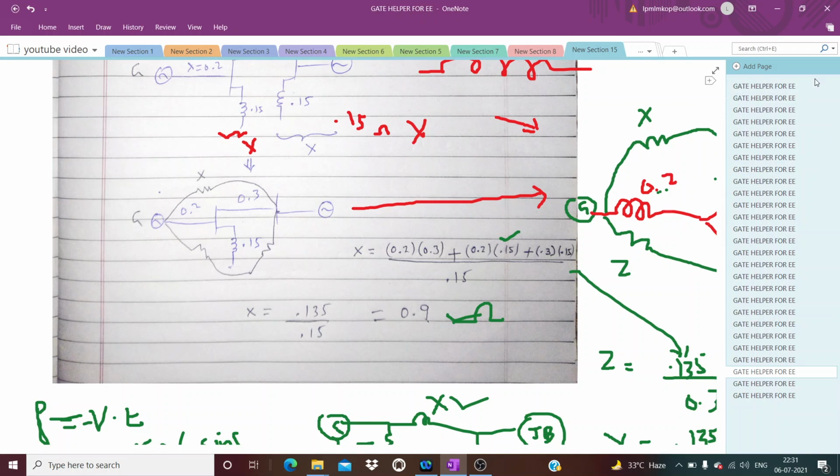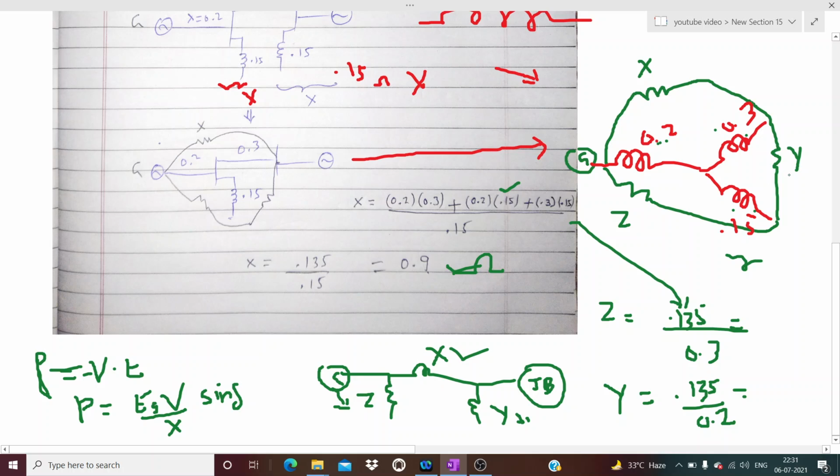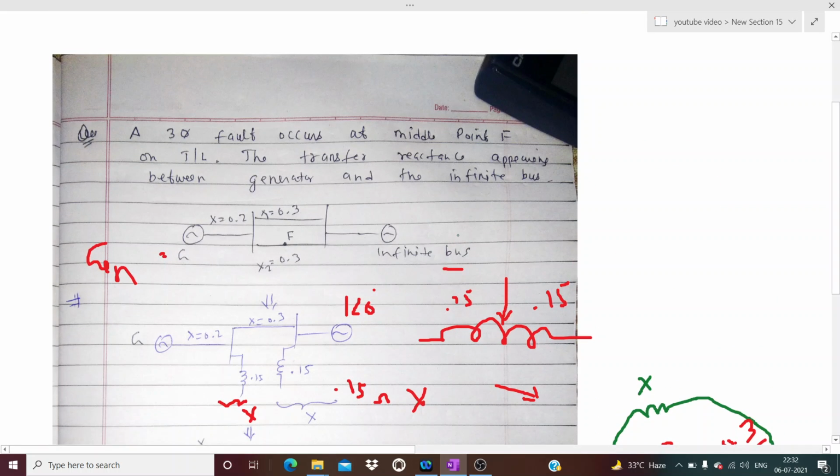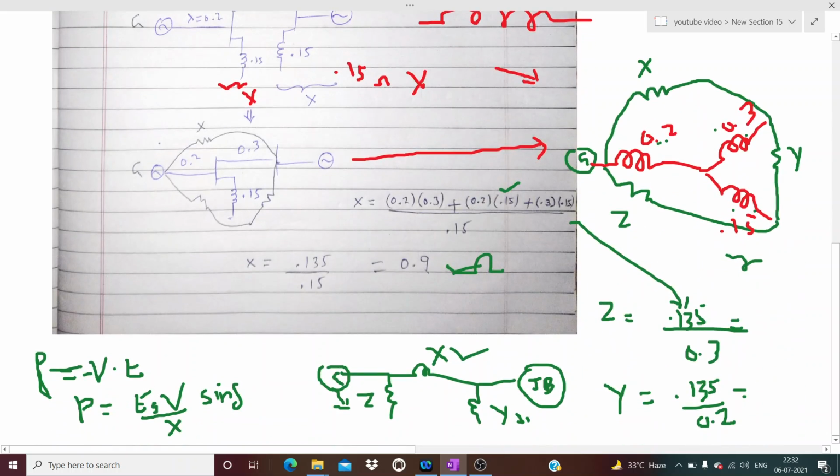For the others also I have shown you. If you find this z and y, they are of no use. Why? Because this y will be simply parallel with the infinite bus and this z will be simply parallel with the generator bus, so at the end you are going to neglect them. So there is no need to find that. This is the concept. This x you can find. This x is very important because you will do it during fault studies. This is a typical type of question you will have. From this only you can find the sending end power and all this. Simply finding x is very important. I hope it is understandable.